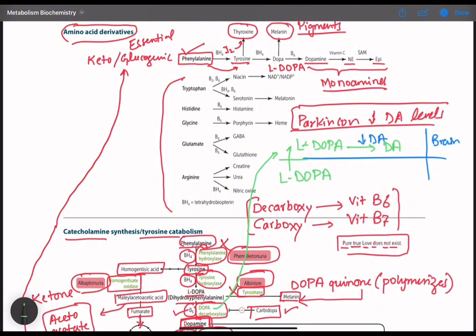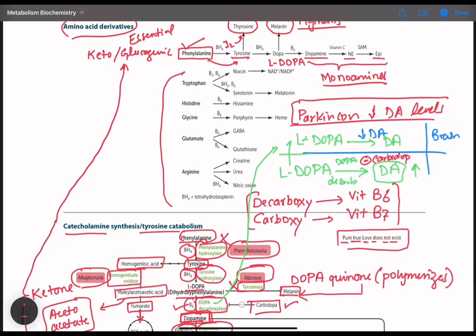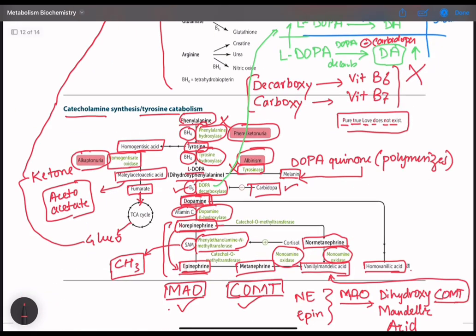But we have another problem: this dopa decarboxylase is the central or brain dopa decarboxylase, while peripheral dopa decarboxylase also converts the L-dopa into dopamine, and this dopamine gives us different side effects which are not required. So to get rid of these peripheral side effects, we give patients carbidopa. This carbidopa inhibits the peripheral dopa decarboxylase, thus preventing the side effects of peripheral dopamine, while at the same time giving us the effects of central or brain dopamine. So this was about carbidopa.